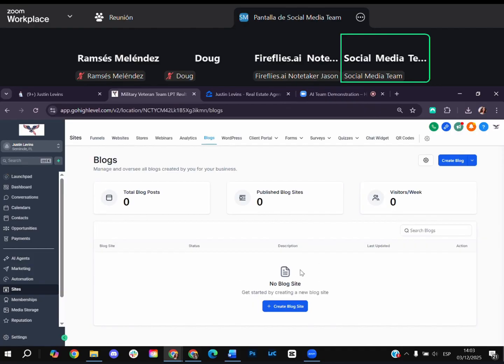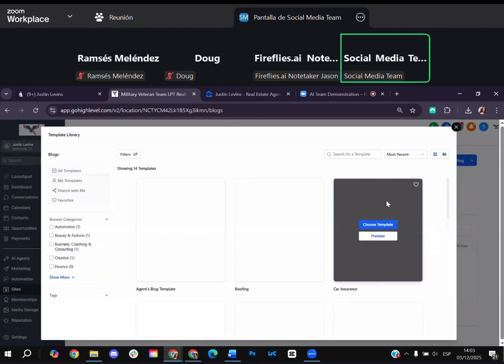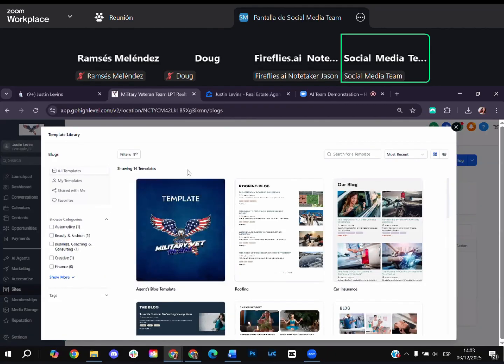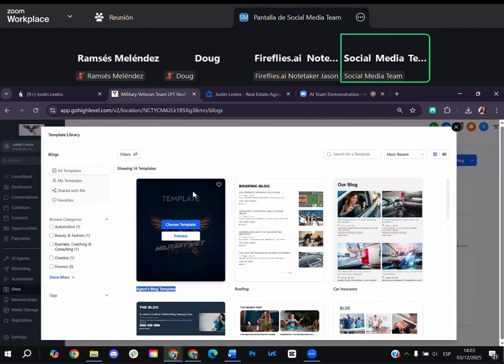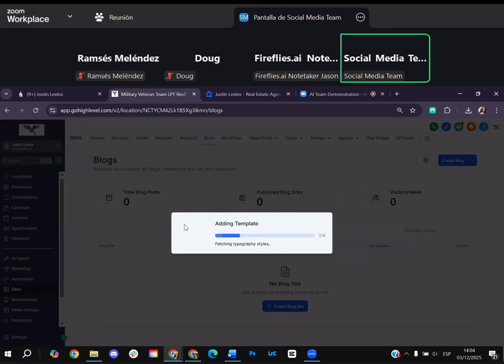So basically, what you guys need to do is just go to this blue button in here, click on this arrow, note in the bottom like that, just the arrow. So you can choose this second option to create the blog from a template, because we created a template for you guys to make the job easier. So once you click create from template, you're going to see this option in here that's called agents blog template. You just need to choose this template here, click this button,